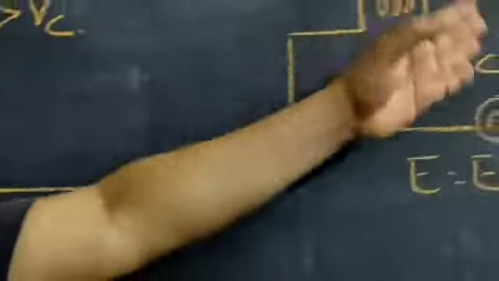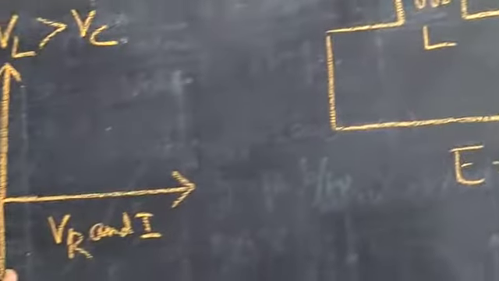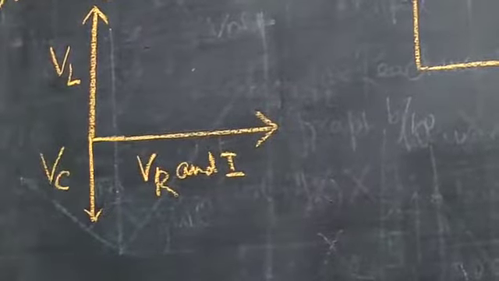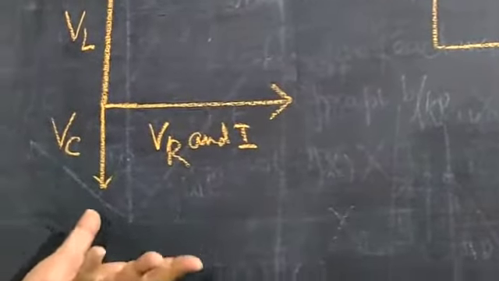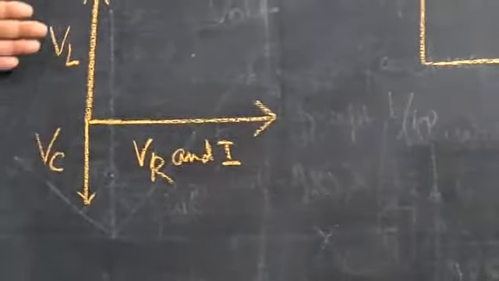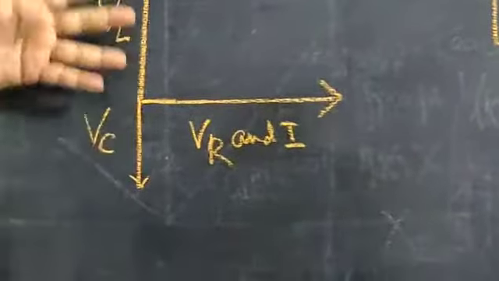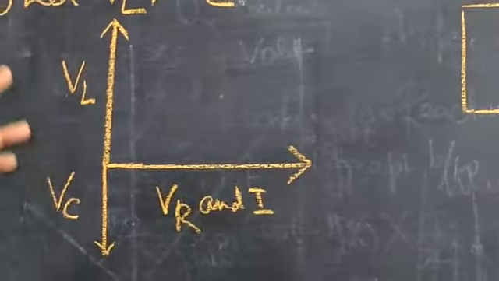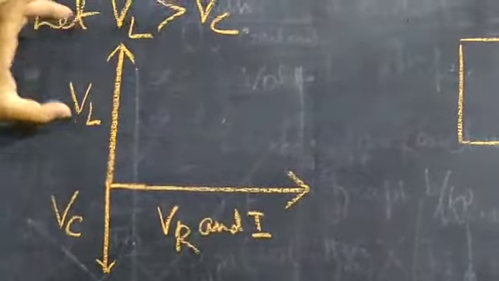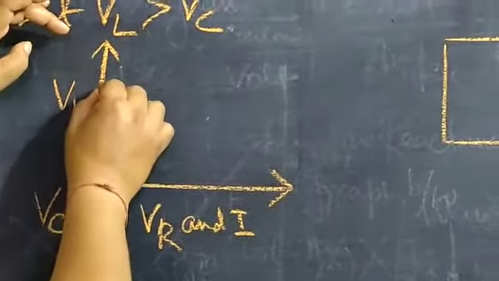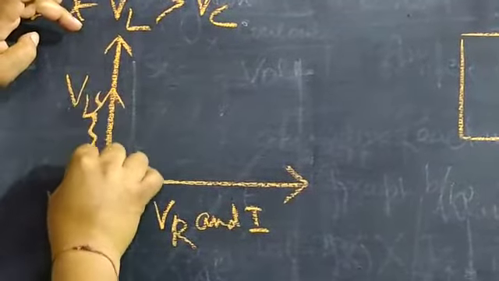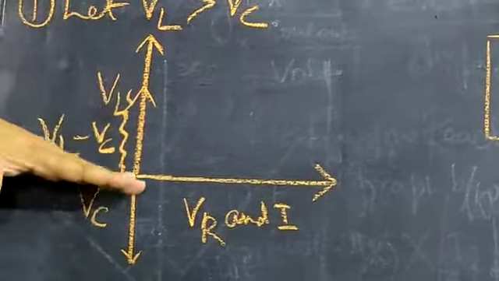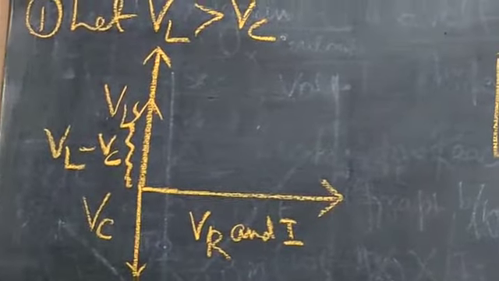Now in a single circuit there can't be three positions of voltage. So we find the resultant position of voltage by their vector addition. Here VL and VC are in opposite directions. That's why VC will directly subtract from VL, and as VL is greater than VC, the resultant will be obtained in the direction of VL. So we will have VL minus VC surviving in the direction of VL.